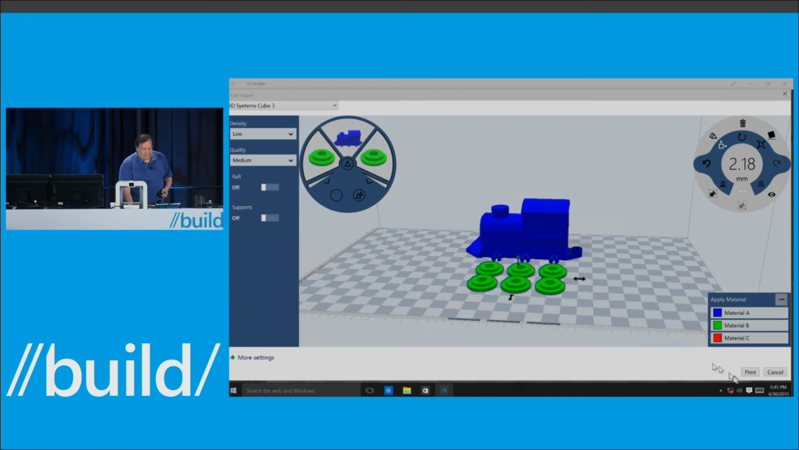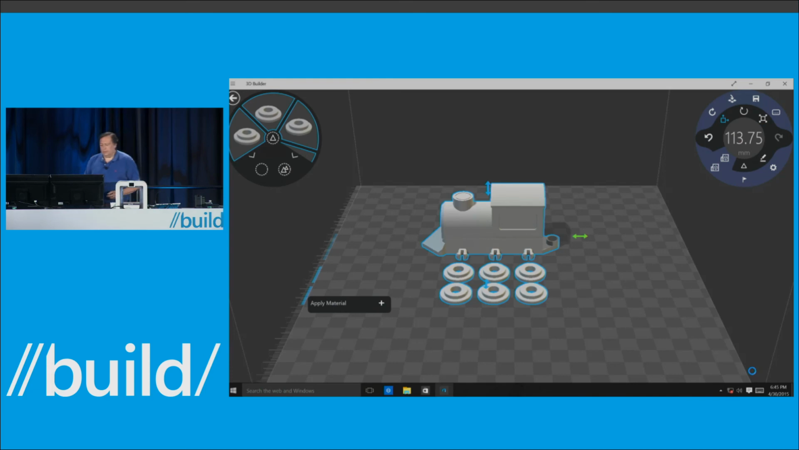And then finally, when everything's done and your errors are gone, you just hit print, and off you go and print it. Okay? So that's a little demo of the direction we're heading